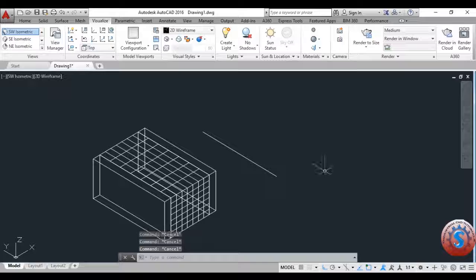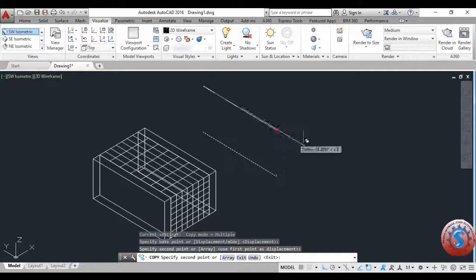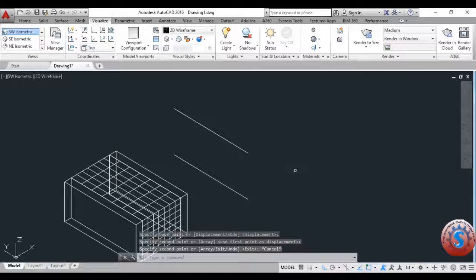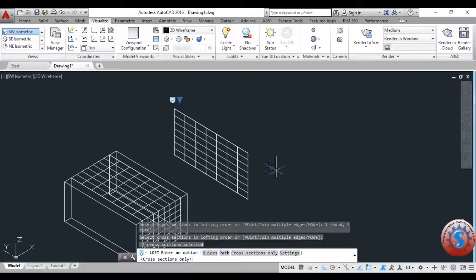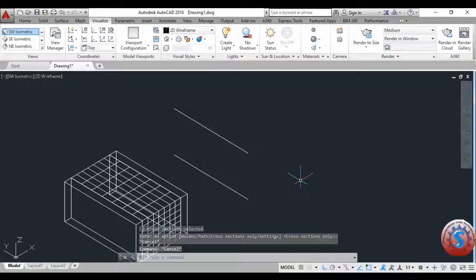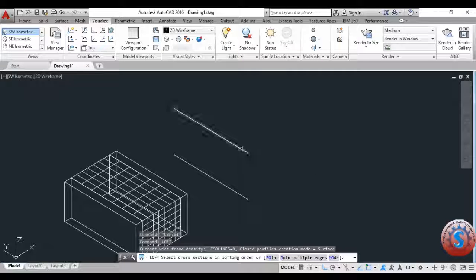You can observe a plane is created, a line is created. I want to extrude it to copy the object to that side of the vertical position, and simply copy this object to the other side also. You can observe the join multiple edges and select the edges and select this. You can observe a frame is created by this loft and join multiple edges